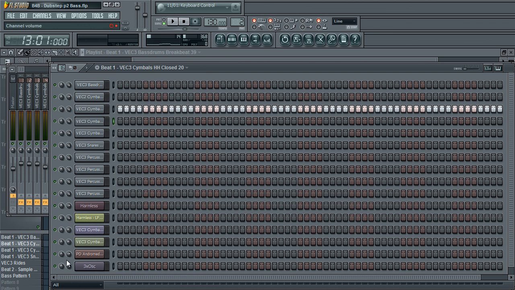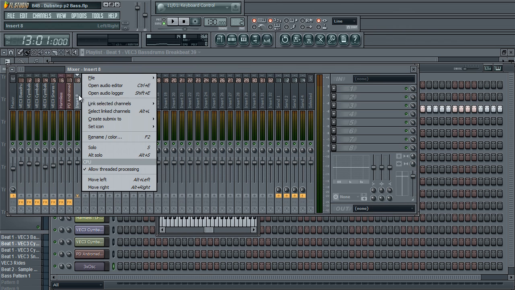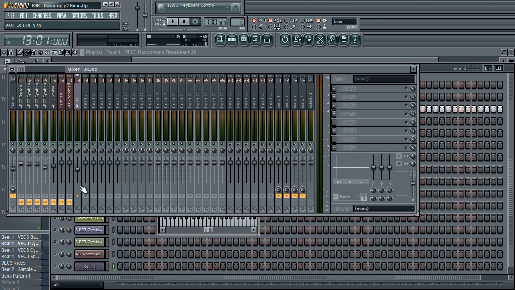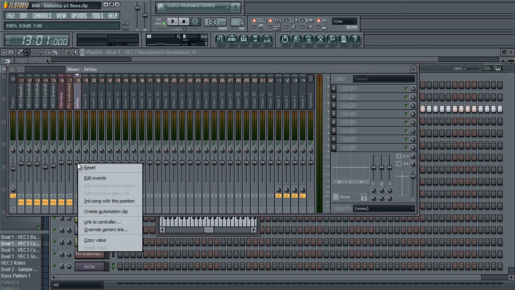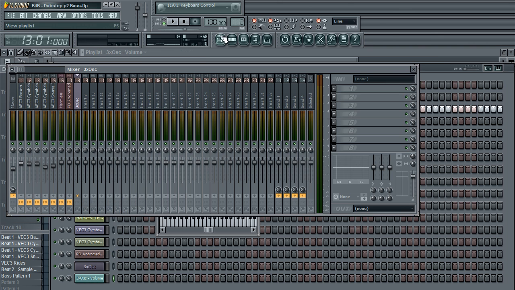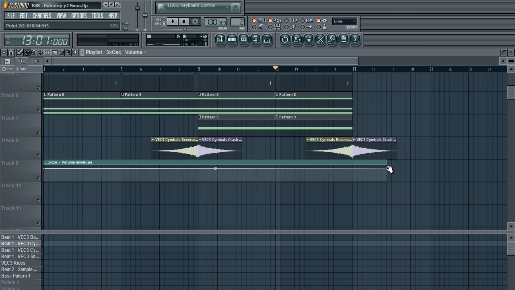I would fade it just using the volume knob here. See that volume knob? Or if it's linked to the mixer, which I should probably do, link that to the mixer, and then you can see this is the fader here. Right click on the fader, create automation clip. If you don't outline any part of the playlist, it'll just stretch out for the entire song. And then as you can see here, you can add dots, and then that will just fade out the volume. You can move the tension like this,